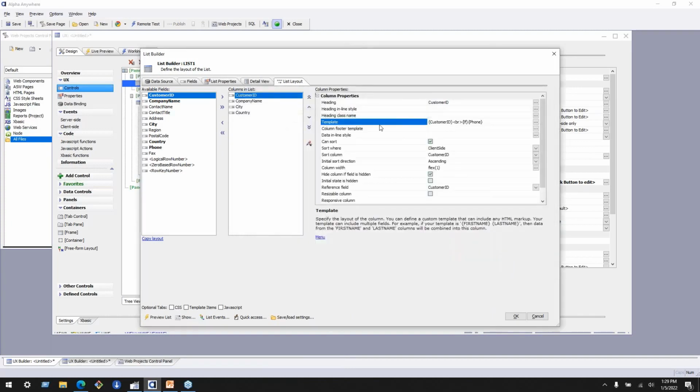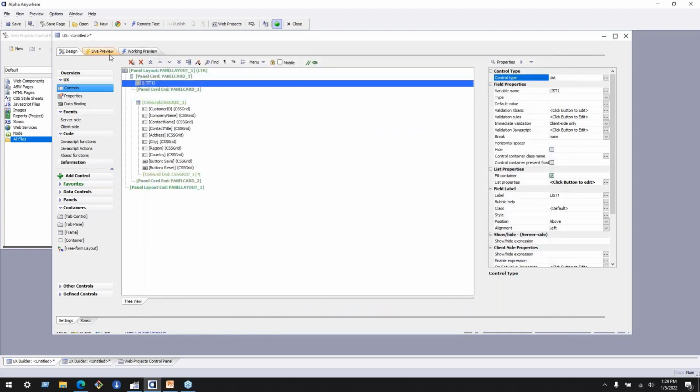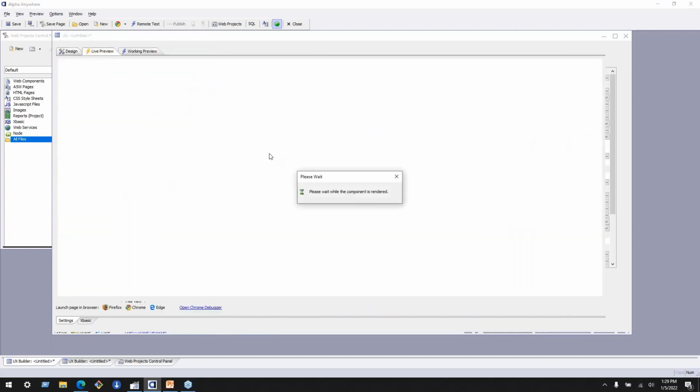Click OK, and now this column, when it renders, will be the customer ID followed by a break, which creates a new line with the phone number control underneath. Click OK and live preview that. So that still gives you your columns for sorting if that's something you want to keep,